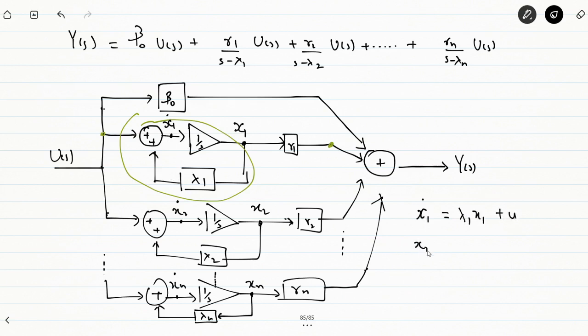What will x2 dot? So screen frozen है. क्या? Screen frozen है. आप रिज्वाइन कर लो यहाँ से तो ठीक है. ठीक है. 1 second. 1 second. 1 second. 1 second. 1 second. 1 second. 1 second. 1 second. 1 second. 1 second. 1 second. 1 second. 1 second. 1 second. 1 second. 1 second. 1 second. 1 second. 1 second. 1 second. 1 second. 1 second. 1 second. 1 second. 1 second. 1 second. 1 second. 1 second. 1 second. 1 second. 1 second. 1 second. 1 second. 1 second. 1 second. 1 second. 1 second. 1 second. 1 second. 1 second. 1 second. 1 second. 1 second. 1 second. 1 second. 1 second. 1 second. 1 second. 1 second. 1 second. 1 second. 1 second. 1 second. 1 second. 1 second. 1 second. 1 second. 1 second. 1 second. 1 second. 1 second. 1 second